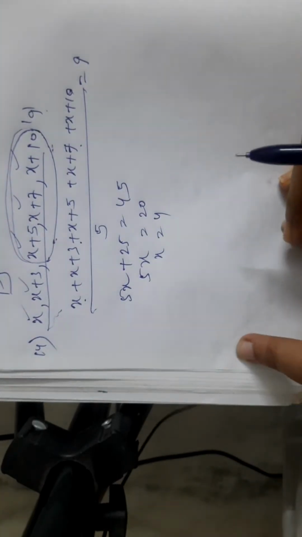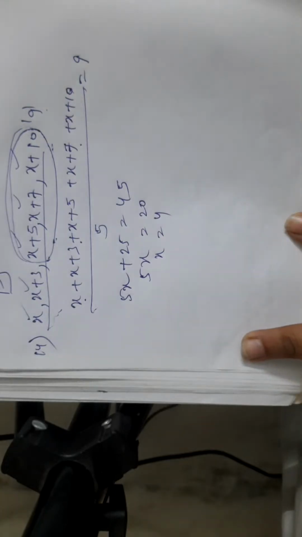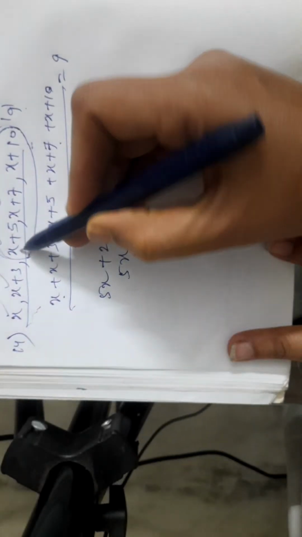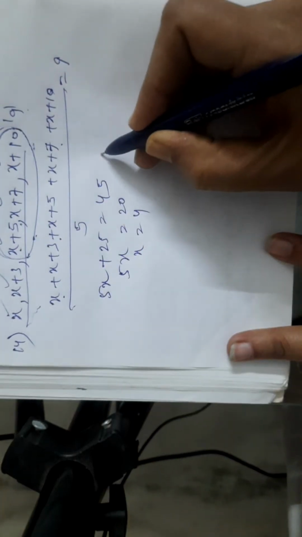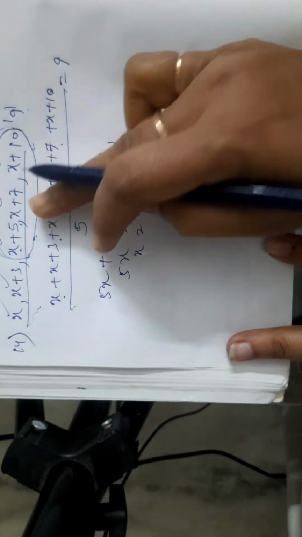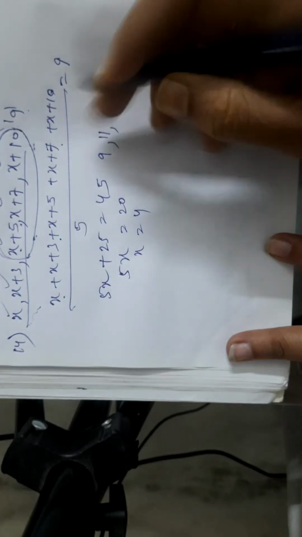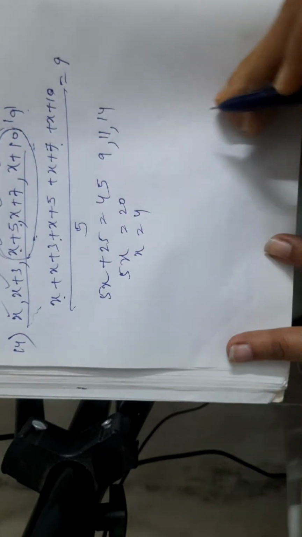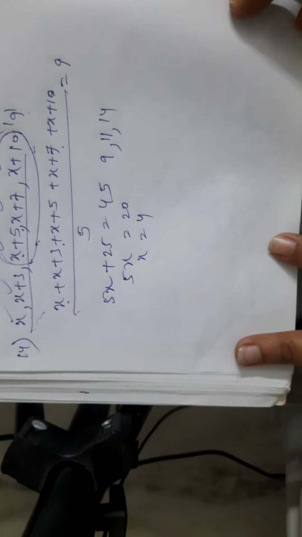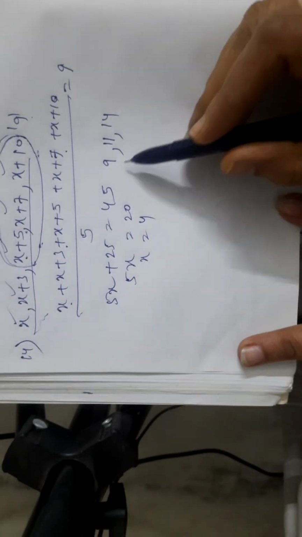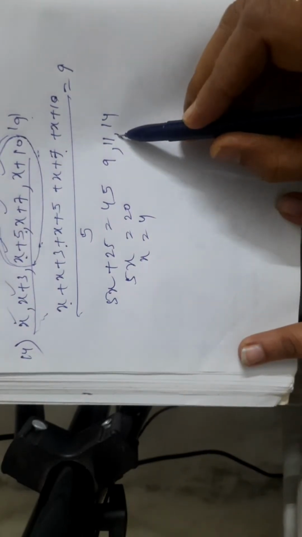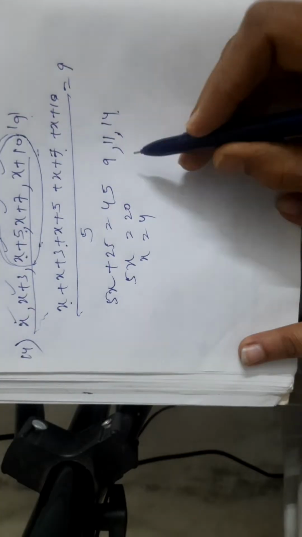You got answer 3? It's not 3. Okay, the previous answer is 3. For the 14th one, we got x as 4. So x plus 5, that is 4 plus 5, 9. 4 plus 7, 11. 4 plus 10, 14. Now we need to find mean of 3 terms. So let's add them. 9 plus 11, 20. 20 plus 14,